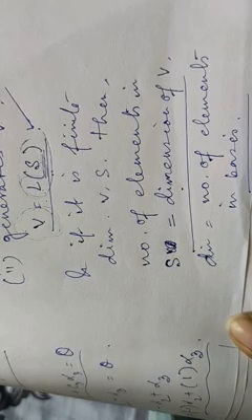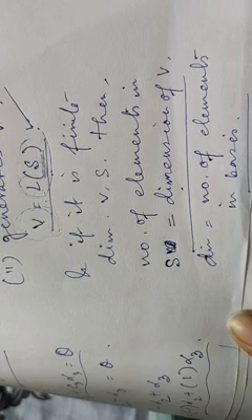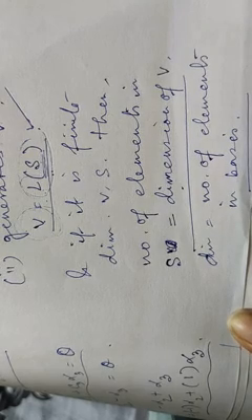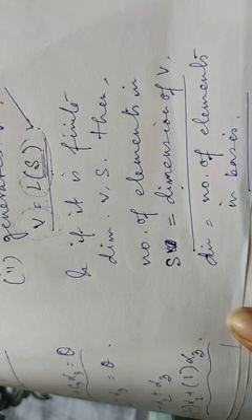Okay. Now I will give you some examples. That is, some examples of a set capital S. You have to check whether it becomes a basis for a particular vector space or not. That means you have to check if the set of vectors satisfies these two conditions or not. It becomes linearly independent and it is generating the vector space. That's it. Okay. So starting with the first example.